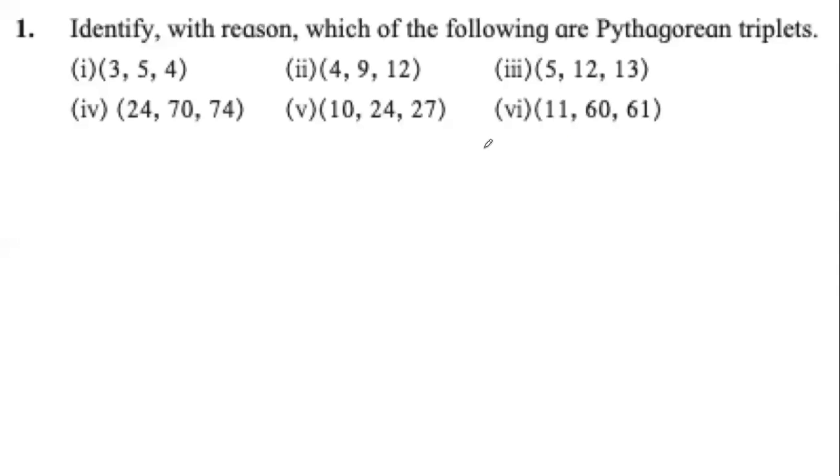Now, if you are studying sincerely, you will realize that 11, 60, 61 is an example from the textbook. On the first page of the chapter, when the chapter talks about Pythagorean triplets, on page number 30. The example that is given is 11, 60, 61, and I had listed it as one of the basic triplets. Here, the biggest number is 61. When you multiply 61 with 61, you will find that it comes to 3721.